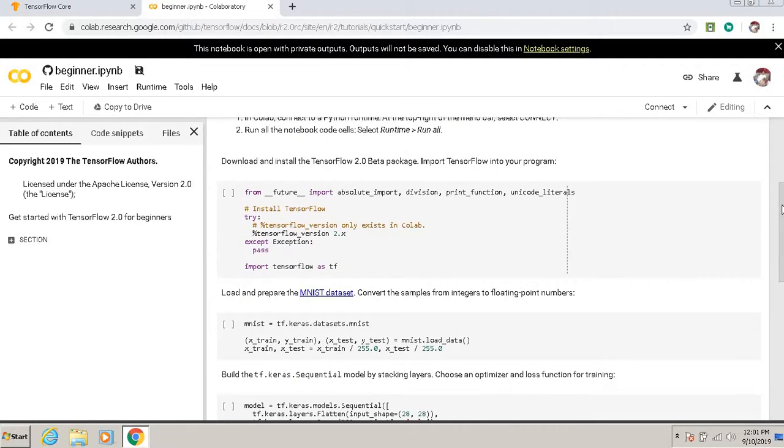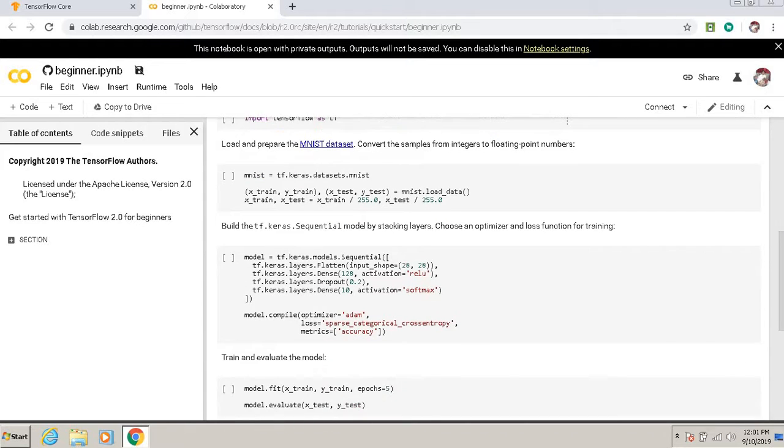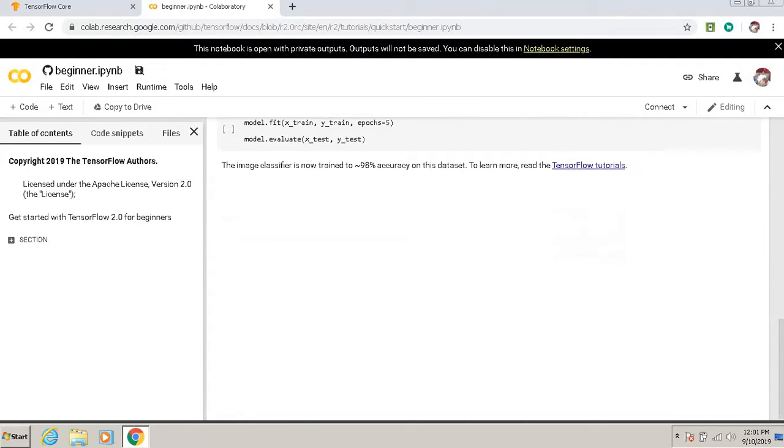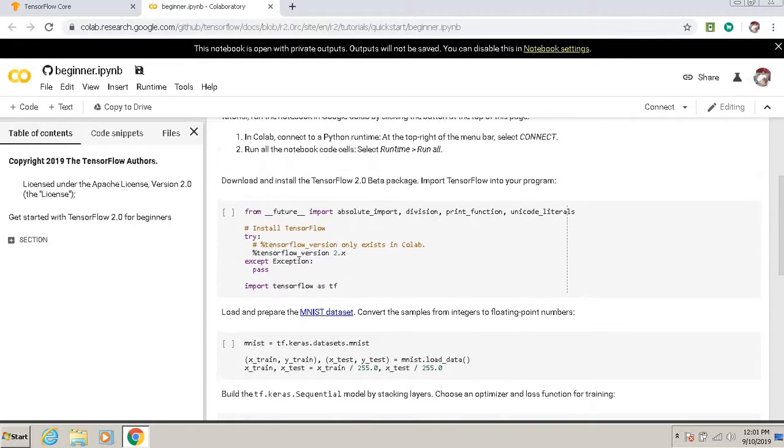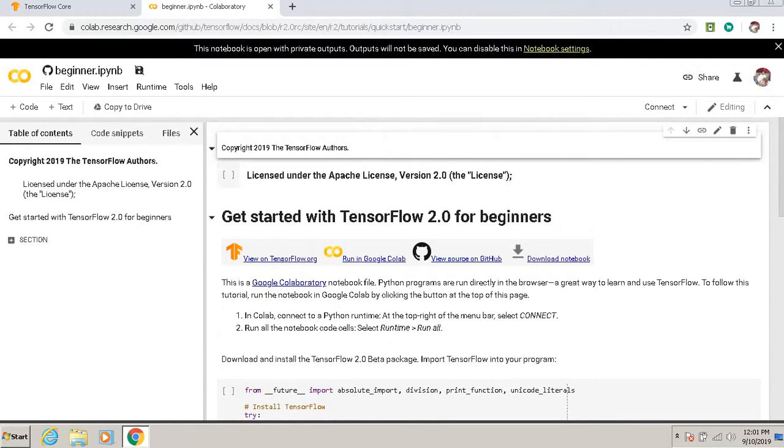So that you can run here. Okay, so you can see here it is simply a Jupyter Notebook which is on cloud, right?